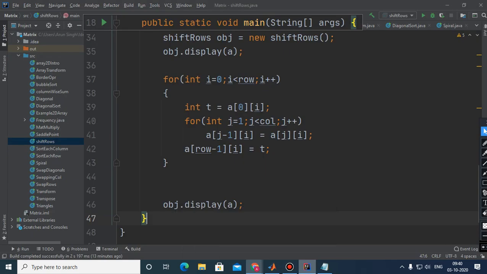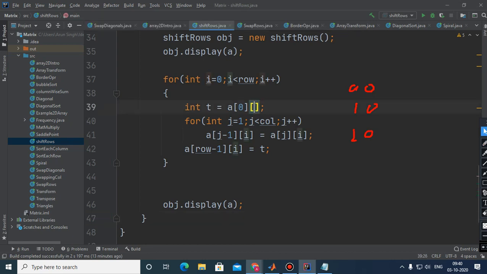Okay, now what to do is, if you want to swap columns, the indexing will become, the first element you have to traverse row wise. So it is 0,0, 1,0, 2,0 like that. So it is clear that it will be 0 and it will be I. So I 0. So in order to represent these elements,